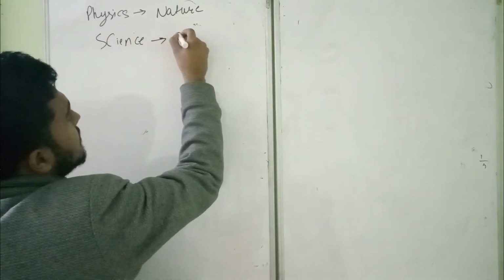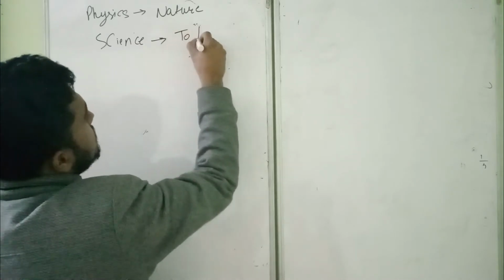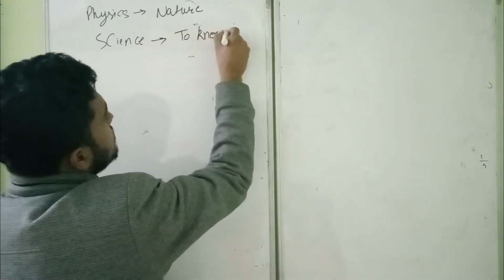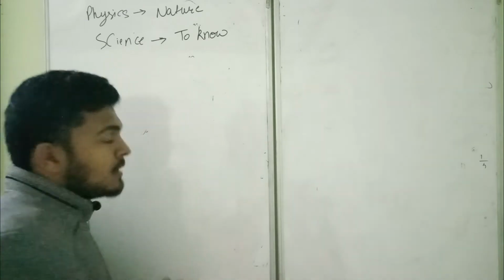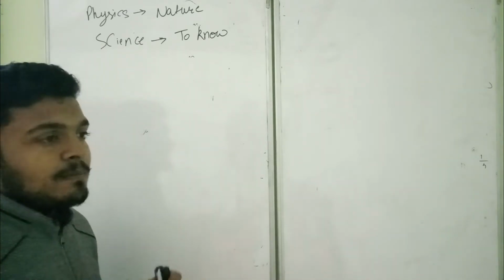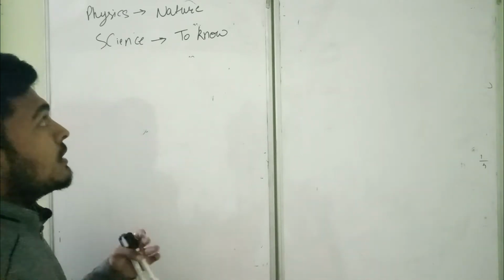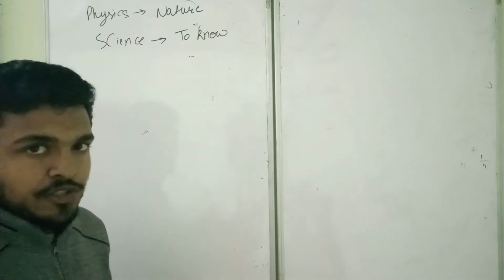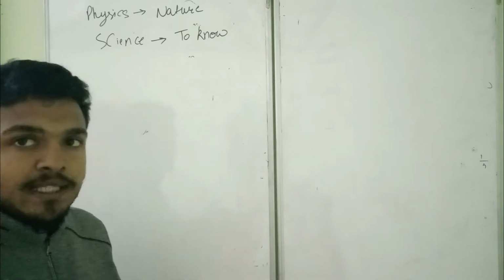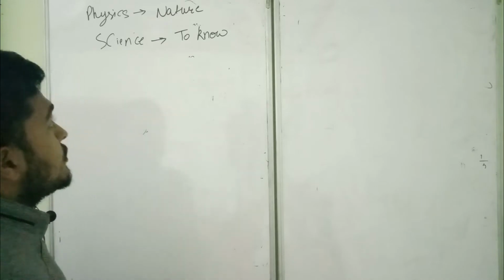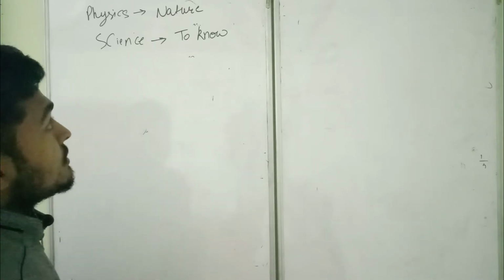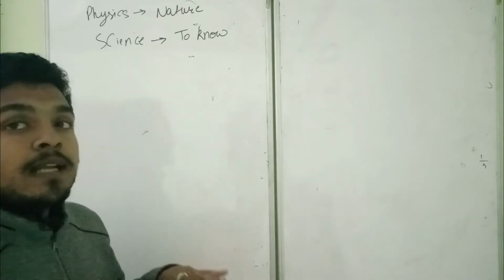It has come from a Latin word which means to know. So when we study physics, it means that we want to know about nature, and we are going to study nature. So physics is the study of nature and the phenomena,